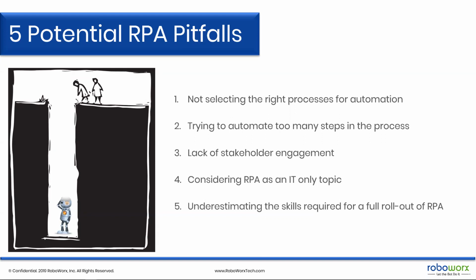So once you get serious about RPA, the first thing you're going to do is sit down with a business analyst and map out every single step in the process. And then you're going to say, oh, I want to automate the whole thing. And that could be done for sure. But in order to have the most success, it might make sense to take that process from beginning to end and just choose a piece of it or a significant part of it, but maybe not the whole thing, which is too many steps and something might go wrong, and better to just start with elements of it. And again, it all depends on internal processes and culture, but that's something to keep in mind.